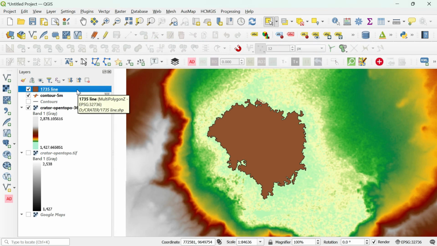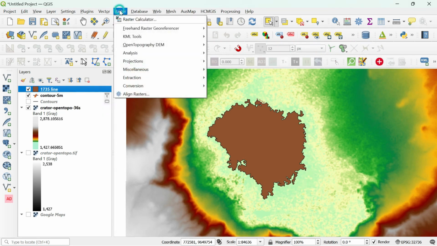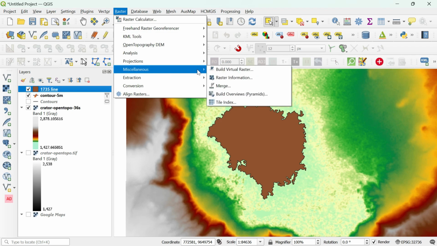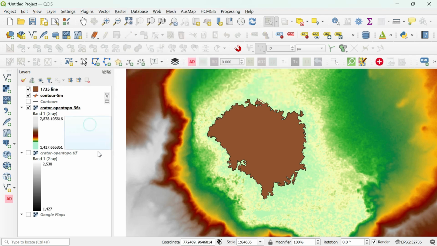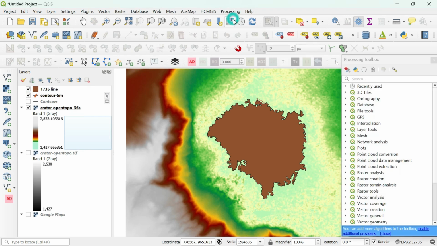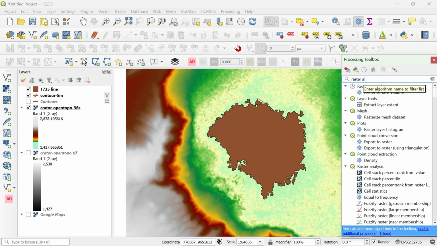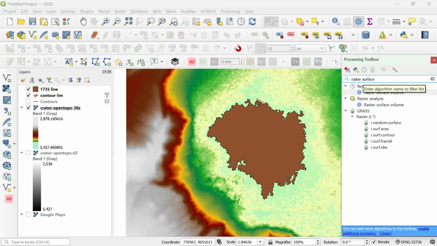Next step, you go in the raster and come to extraction, contour is there, miscellaneous, merge, everything is there, good, no problem. Okay, now go to the processing toolbox. Here write raster surface volume. Just click 2 times here.